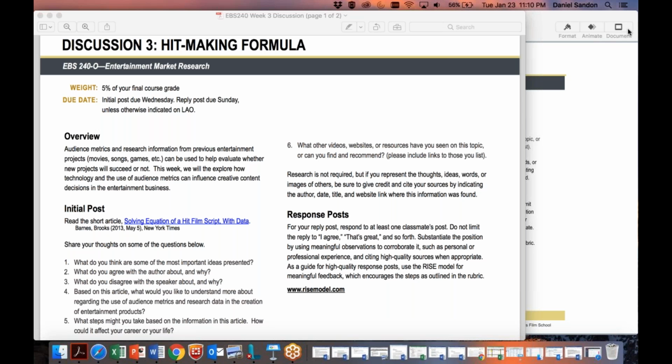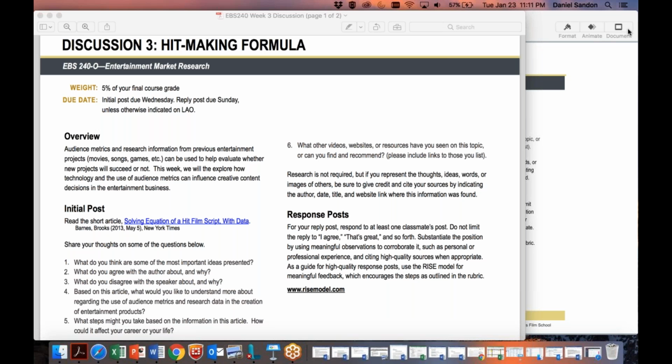And then for your response post, which is due by Sunday, there's only 1 required, but you really should do it. We want you to go beyond, I agree with you and here's why, or that's great and here's why, or good post and here's why. All right, that's a good start to your response, but it's not enough. So do that, but also use the RISE model to take the conversation and the discussion to the next level, to a higher level, by introducing a new idea or a new thought, or suggesting a different way of thinking about the topic, or asking an open-ended question that asks